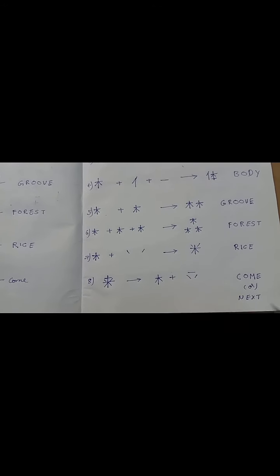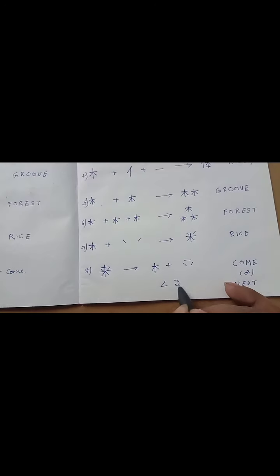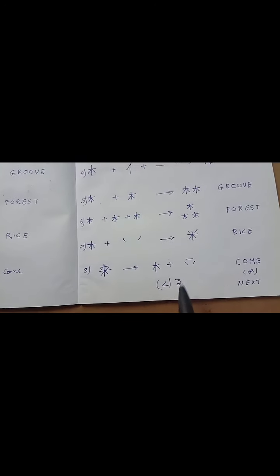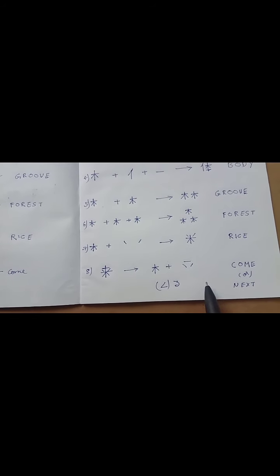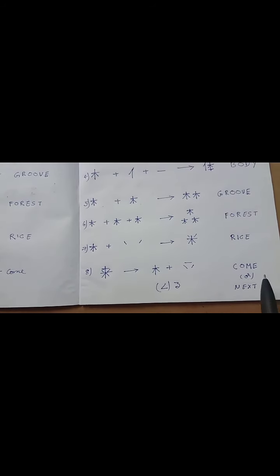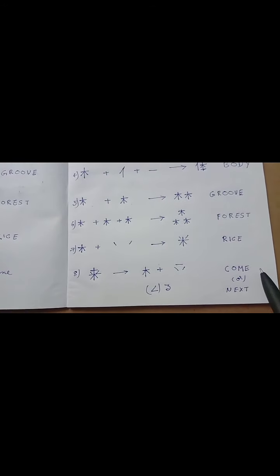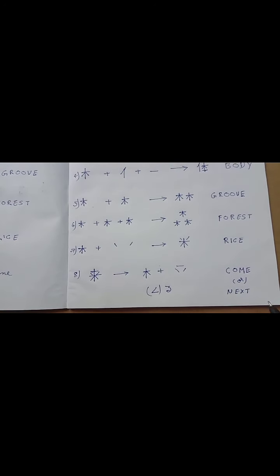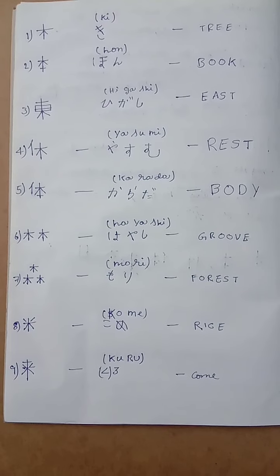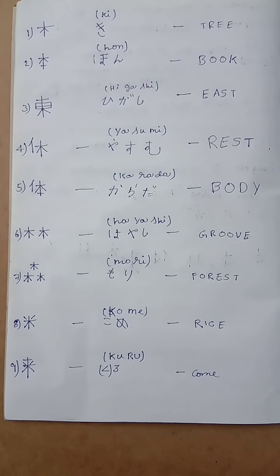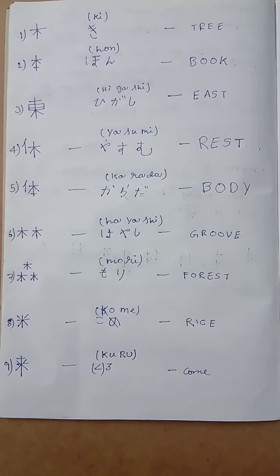That means it will not come alone, so we need to add something else for it to have some meaning. Sometimes it will mean come, and sometimes it will mean next. If I conclude in this way, using those 3 symbols, I have arrived at 9 more symbols, which made my remembrance easy.